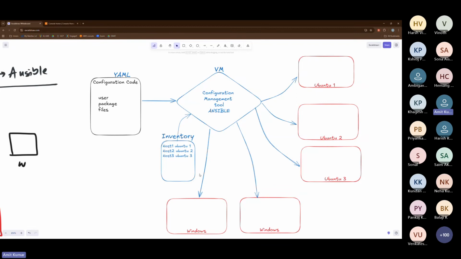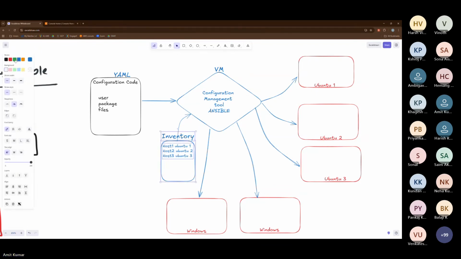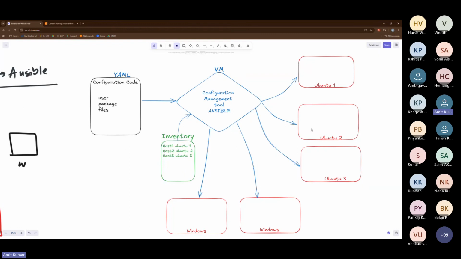Ansible is going to read the inventory and apply all that code to the hosts which are part of that inventory. And that's all it does. So I'm going to show you how to write this inventory, how to write this configuration code, and how to set up an Ansible system